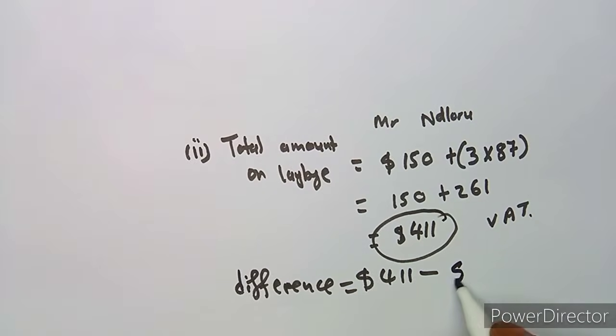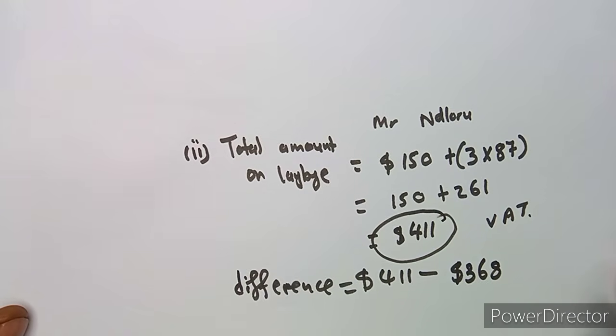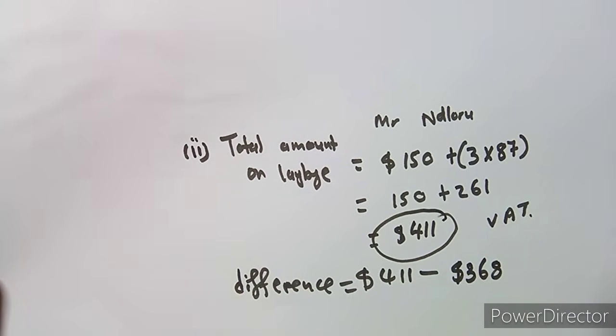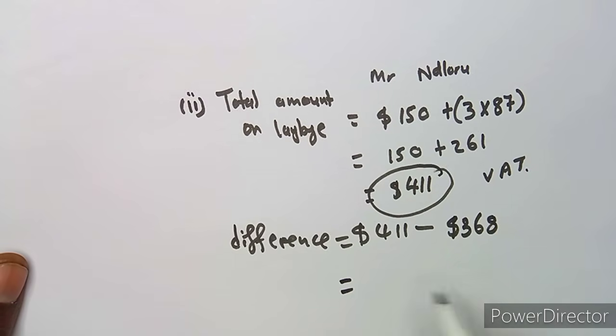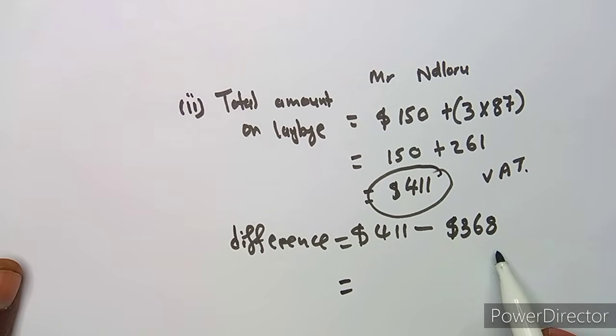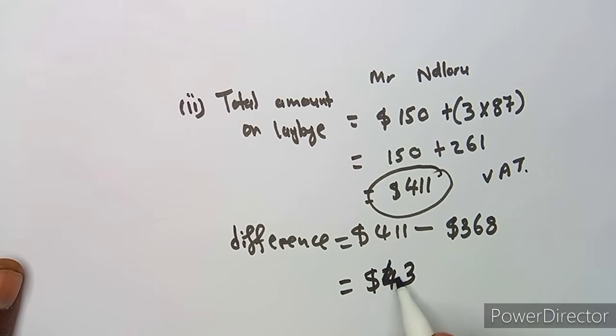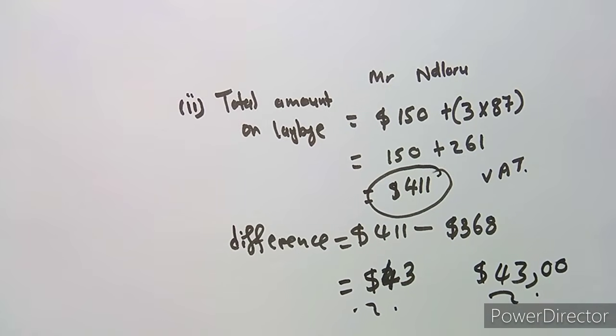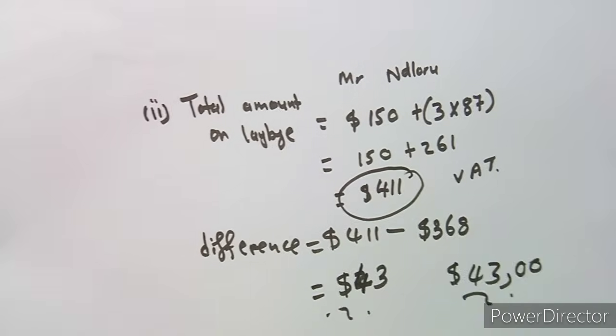So as you can see, guys, if you buy things on cash, you buy actually at a lesser price than the one who does lay-by. If you do a lay-by, it is going to cost you a certain amount on top, just like a hire purchase. Okay, let's subtract the two. We are going to have $43 in this case. So that was a difference of $43. So you can even write it as 43,00 because it's money, depending on how you want to express it. So that is what we obtained, guys. All right,